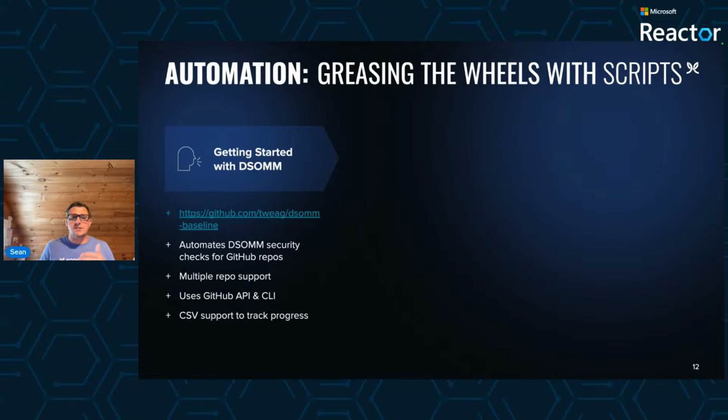Results tie back to DSOM's maturity levels, highlighting whether a team is at a basic adoption or progressing toward advanced development. With YAML-based configuration and exportable reports, findings can be tailored, tracked, and integrated into your dashboard, turning GitHub data into actionable insights. And of course, this reduces that developer friction, accelerates your scanning maturity, and provides a clear roadmap for enabling GHAS in a way that aligns with both compliance and business goals.